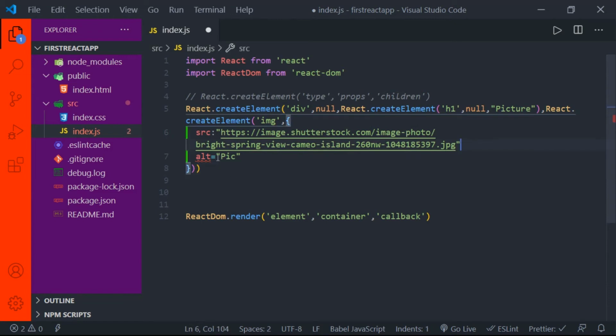Oh, sorry, we should give a colon over here and a comma over here. Okay, now we successfully created a React element with a div tag inside which we have an h1 tag and an image under it. Now we should show this onto the screen, right? Now we have what to show, that is a div tag with an h1 and an image, but